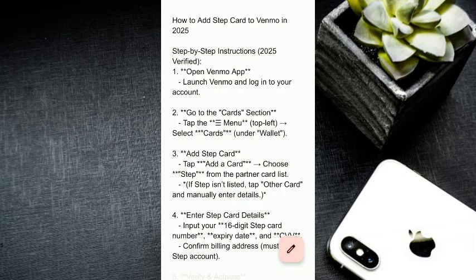Hello everyone and welcome back to this channel, and today we're going to be walking through how to add Stepcard to Venmo in 2025. The first thing you need to do is open up your Venmo app and log into